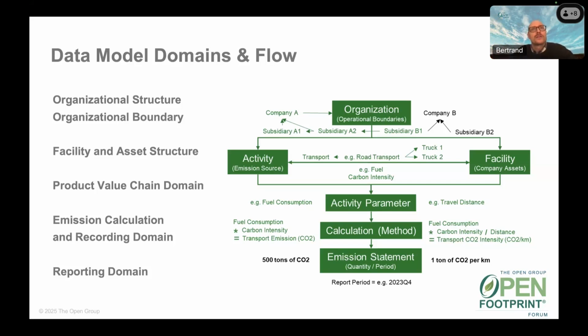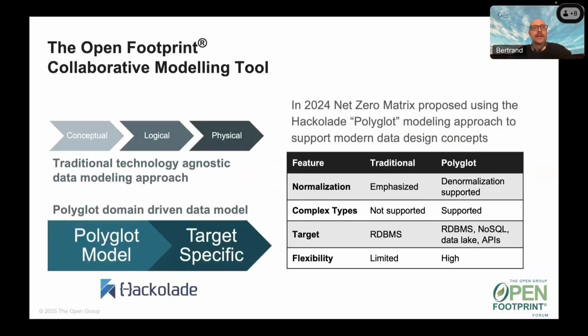For example, an organization may focus on product lifecycle assessment, so their primary interest would be the product value chain domain, or they may be focused on various reporting services to synthesize data from the organization into a standardized report. So we've broken it down into these modular constructs, so when an organization goes to implement the standard, they can really focus on that specific area. The other areas may be of relevance, but they don't necessarily need the detail that goes into, say, the facility and asset structure representation. They can still have those contextual links between domains, but don't need to worry about implementing the entire system.